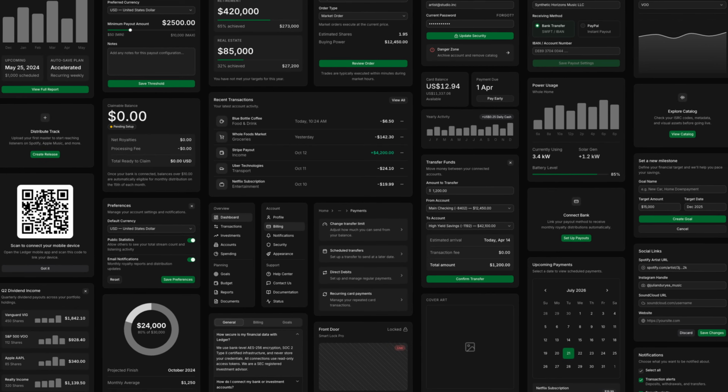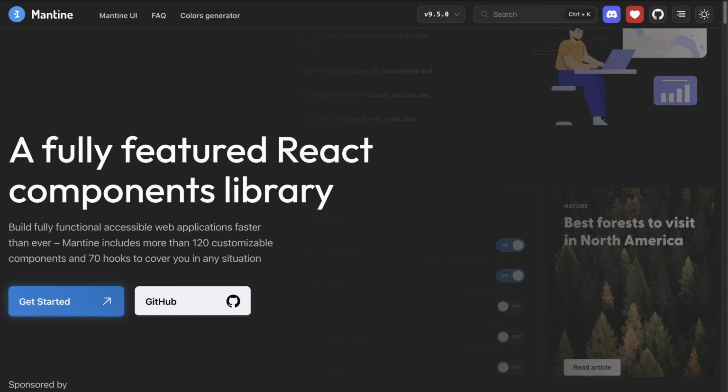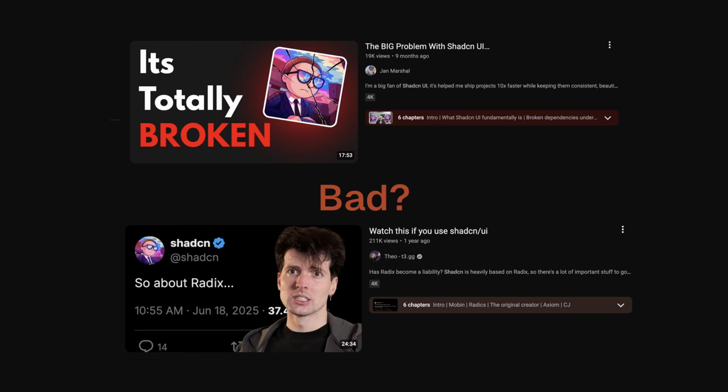Shadcn UI is probably the most popular UI library in React. It has gained major traction in the last months and years, but since its release, there has been an ongoing debate on whether or not you should use Shadcn UI, or are you better off using another traditional UI library? And the opinions in the developer community, be it on YouTube or on X, as always, are very controversial, even